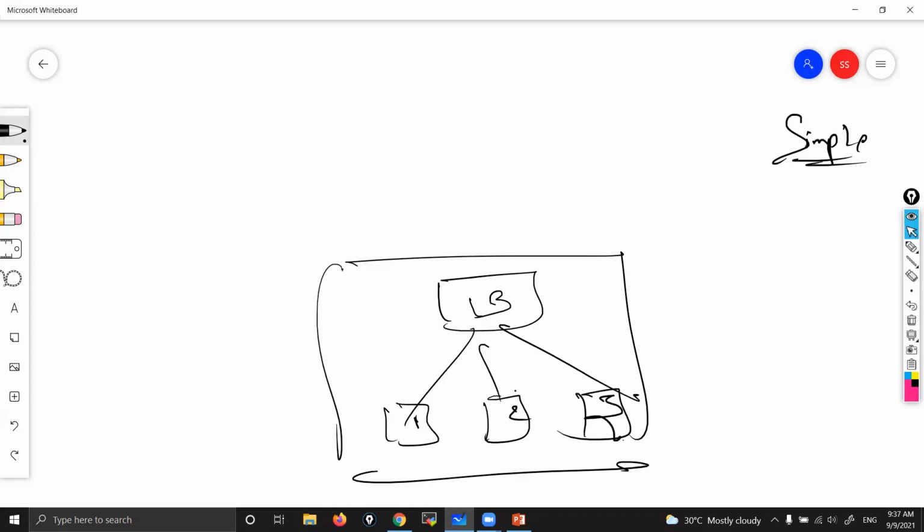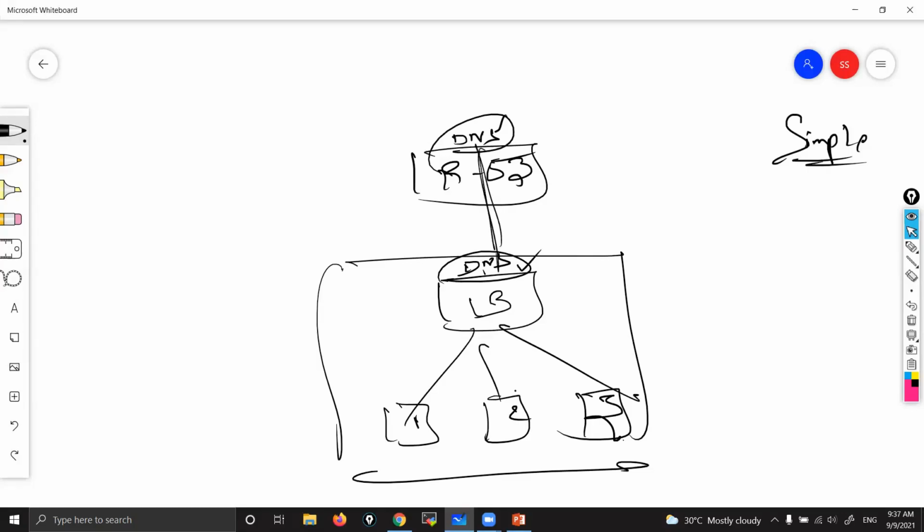Web servers. Now, here what you do, this is Route 53. The load balancer DNS name is there, and Route 53's DNS name is what you buy. Which one is user friendly? Route 53 is user friendly, that we are going to buy. The load balancer DNS name is not user friendly. So you attach these two, then you give the Route 53 DNS name to the public. Then people will use the Route 53 DNS name.